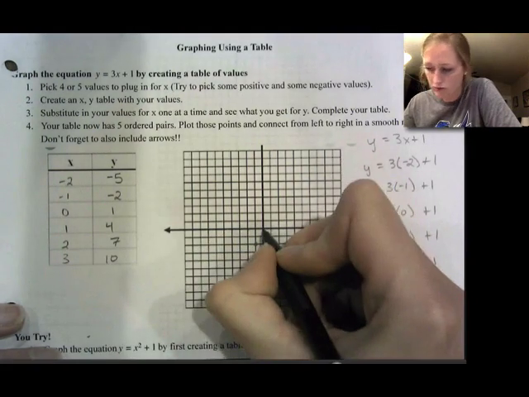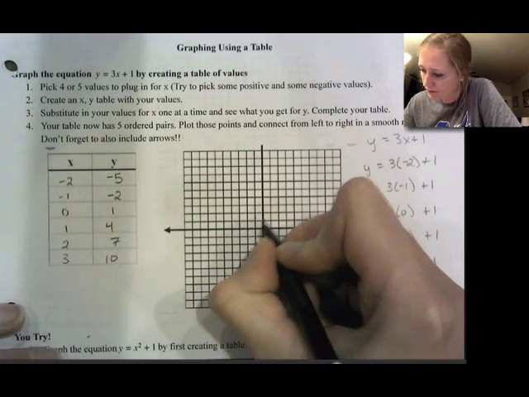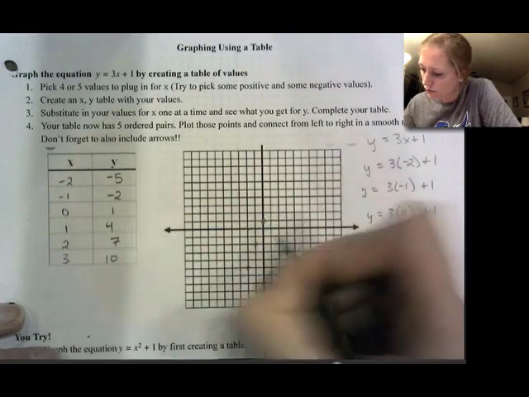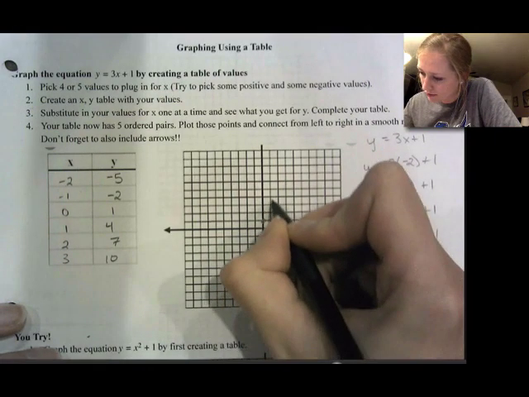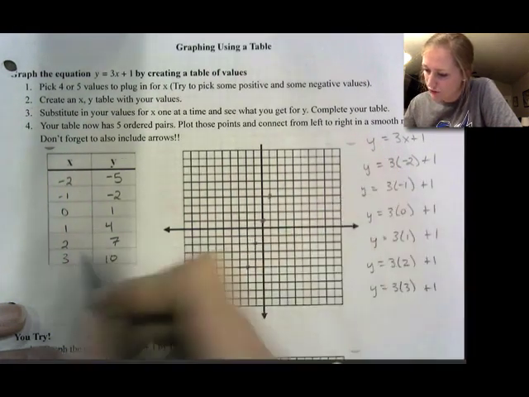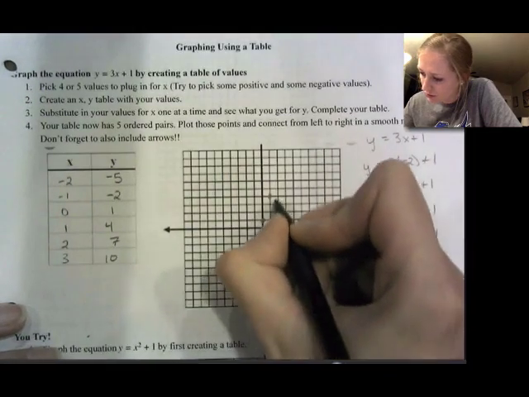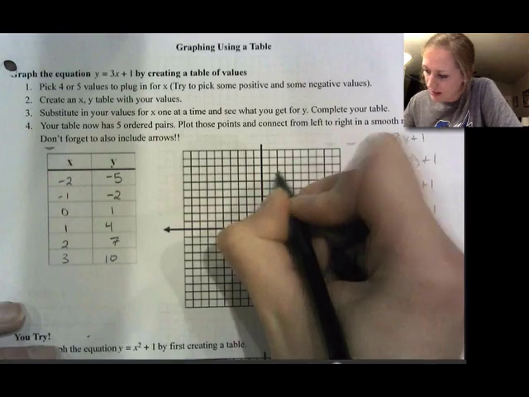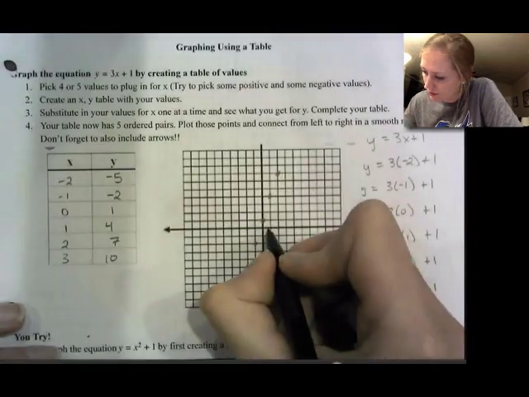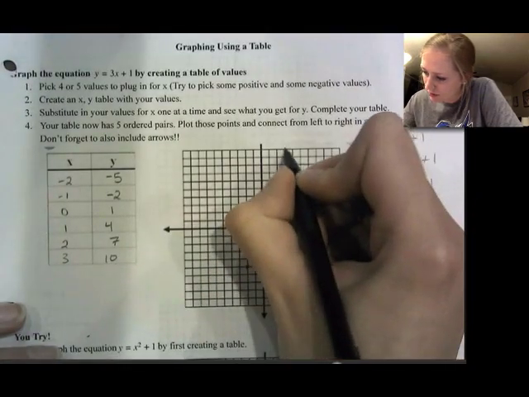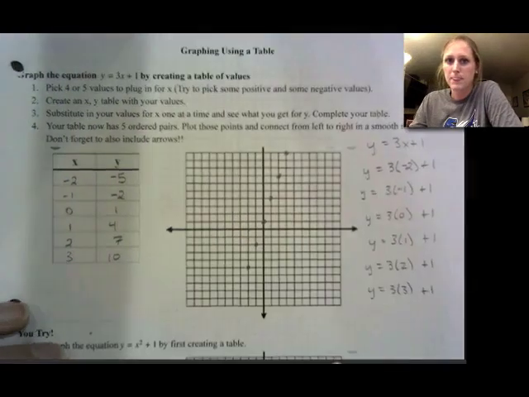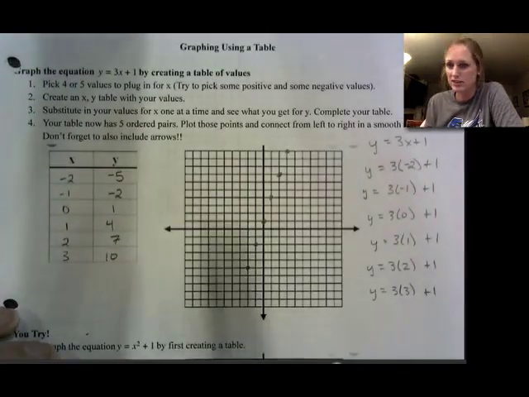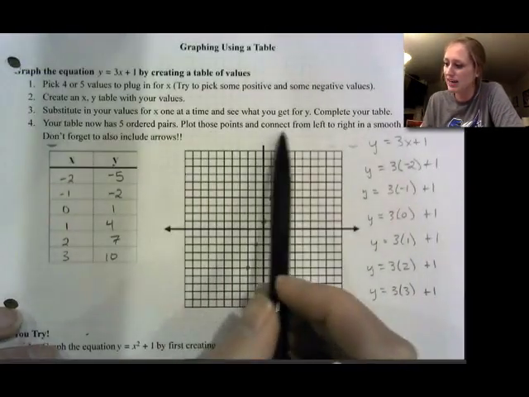0, 1, so don't go left or right at all, and then up 1. 1, 4, so right 1 and up 4. 2, 7, so right 2 and up 7, so there's 4, 5, 6, 7. And then our last one is 3, 10, so over 3 and up to 10 is all the way at the top. And then it says plot those points, so that's what we did, and connect from left to right